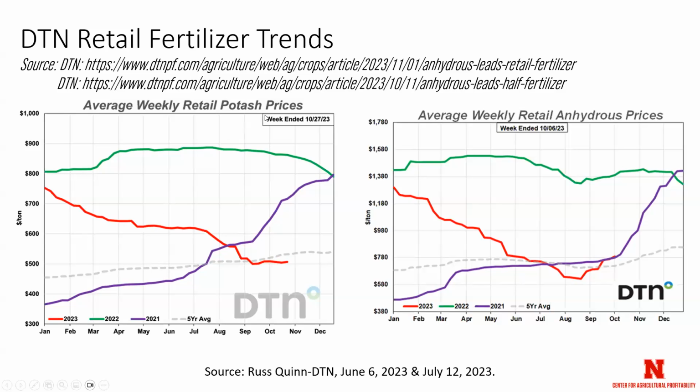Well, I just took a sampling of potash as well as anhydrous prices, and a few things that we notice. Clearly, things are trending down a little bit on the anhydrous. Things are a little bit closer to historic averages, as well as potash prices. Things are still a little bit higher than that 5-year average, and I'm hopeful we're not going to be following the 2021 average here. But when we talk about setting a cash rent, negotiating some of these different things, we really need to take a look at, or think more about,